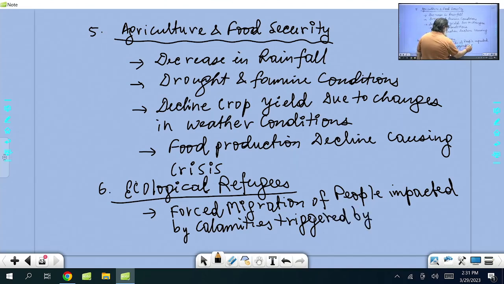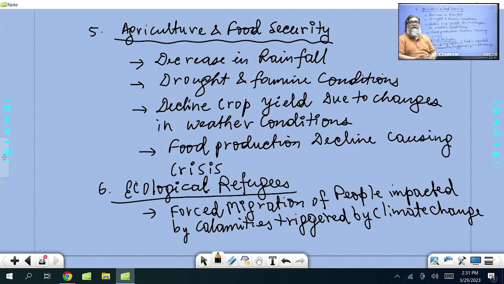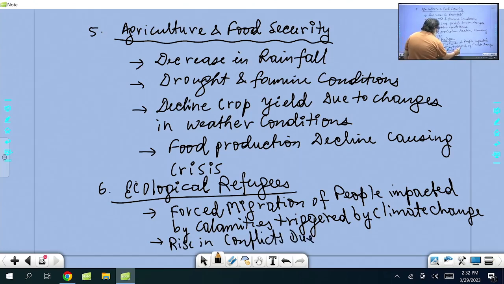Triggered by climate change. And what will it lead to? Now the food resource is also declining. Triggered by climate change, food resources, available resources are also going down. Now the people will migrate. So that will also cause political instability and also fight, conflict. So this will again raise conflicts due to scarce resource. Resources are getting scarce. So that will result in competition, infighting.